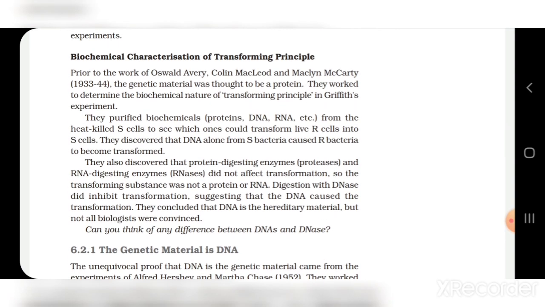Okay. So Griffith showed the path, but the finding that DNA was the hereditary material was confirmed by Avery and McLeod. Okay. So, we can conclude from this experiment that the phenomenon by which DNA isolated from one type of cells, when introduced into another type, is able to give some of the properties of the former to the latter, is actually called transformation.